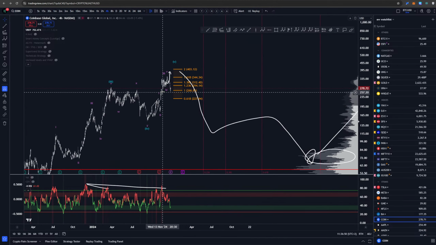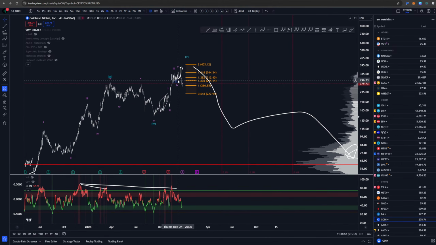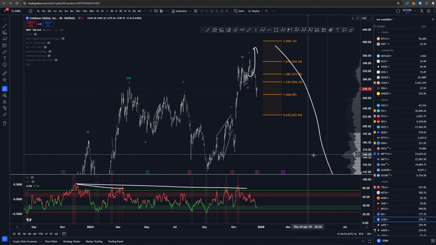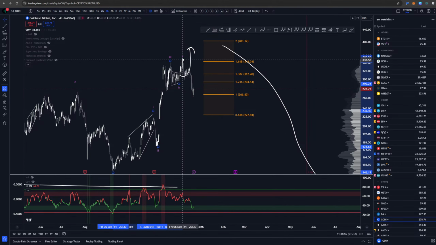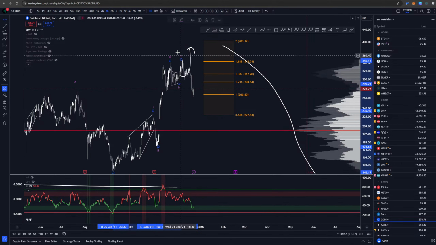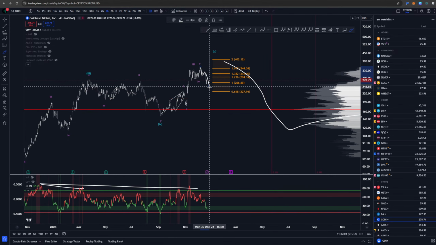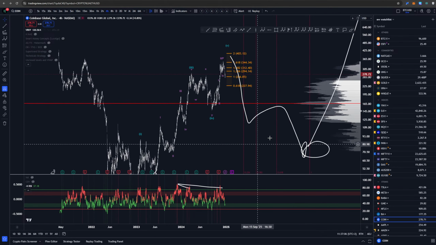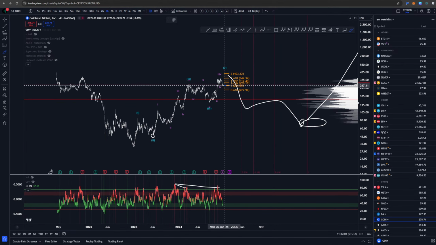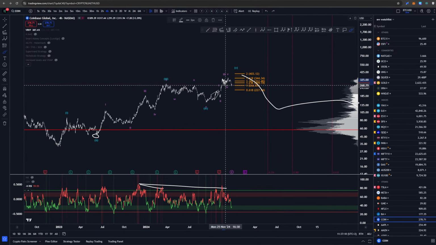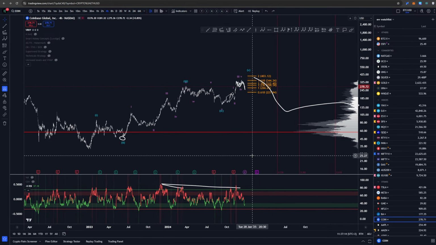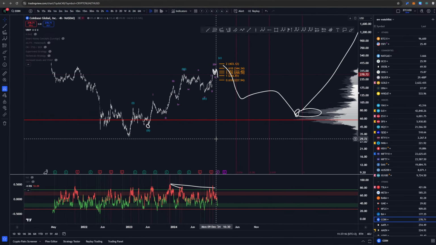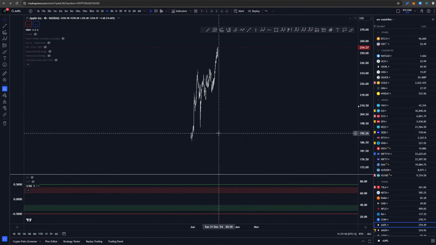Coinbase came back down. We wanted to create the fifth in here. It went up in here and created that low. At the moment, we have still created a three-way structure, so there is a chance that we are still looking for one more high to create a bit of a larger wave four. So we just shift this here. There is a chance that this pattern is over as well.